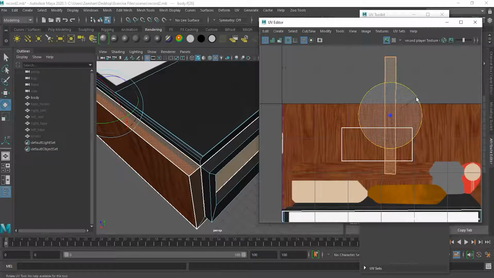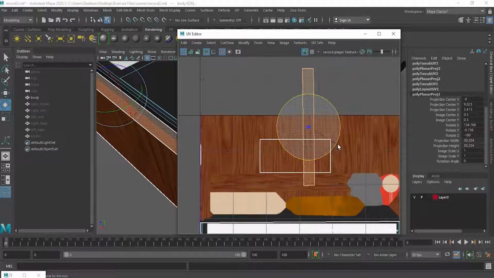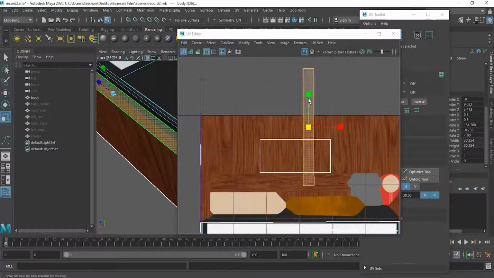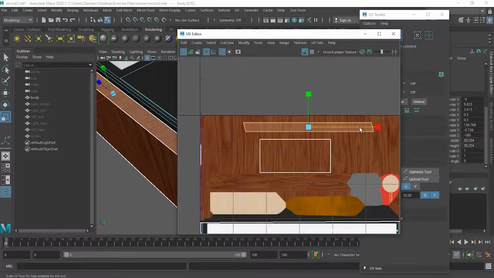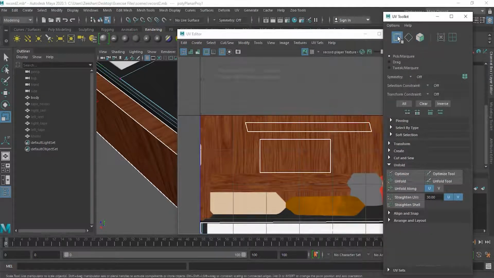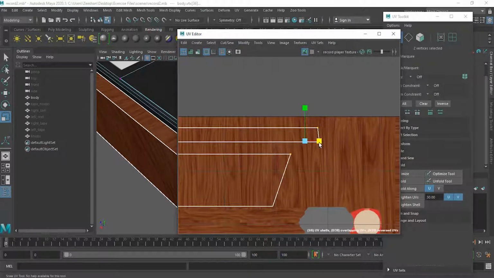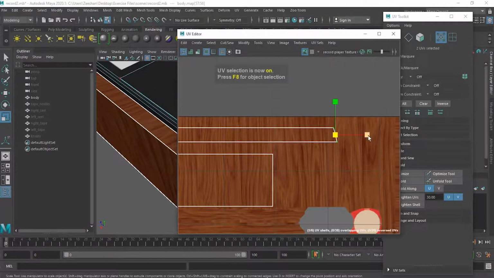Because the objects are slimmer, it's a little hard to rotate them, but I will keep it this way. Now I can simply make it smaller, bigger, and then I will take this UV here. One more thing I can do is select these two UVs. From here it's better, everything seems fine, and I can scale it in the X direction,